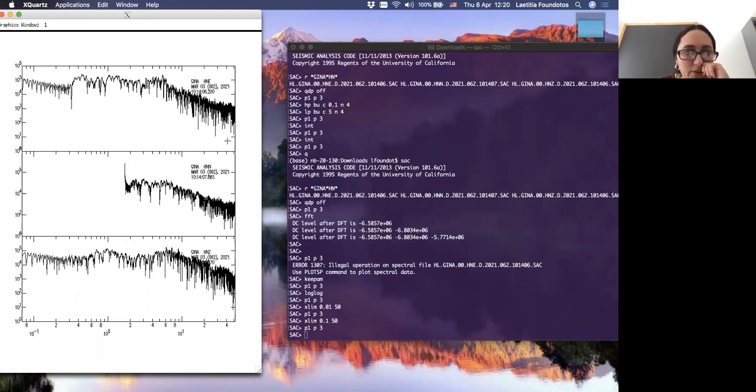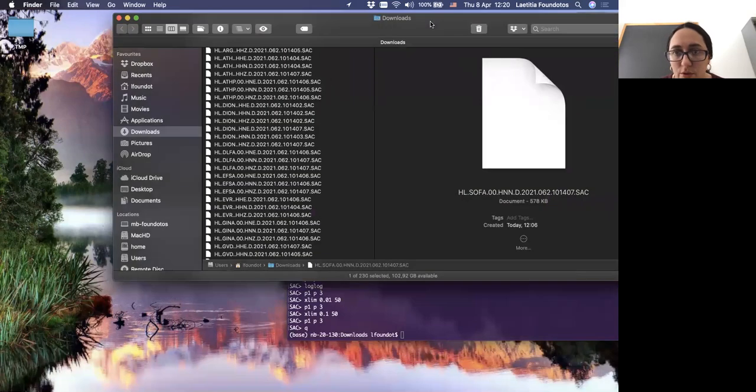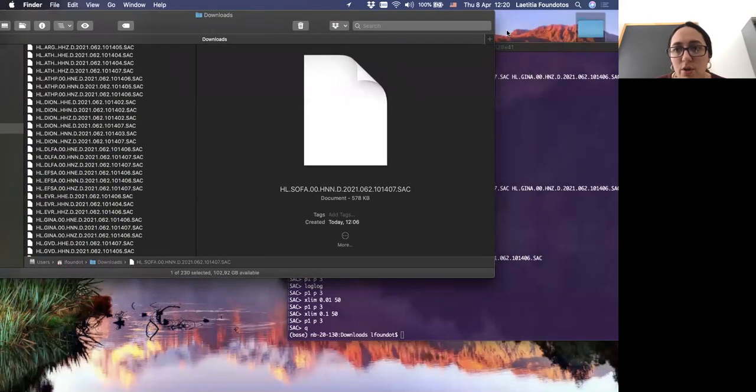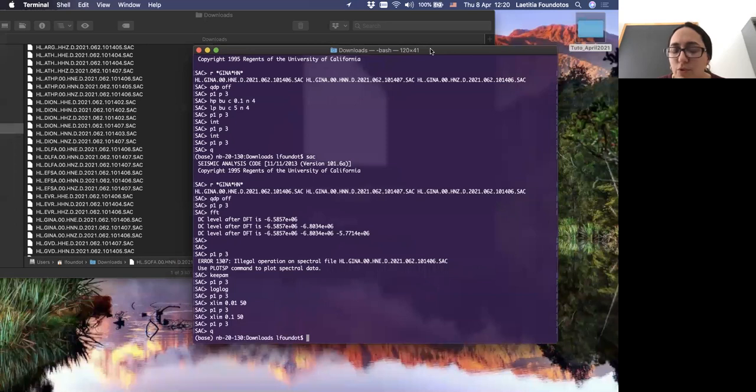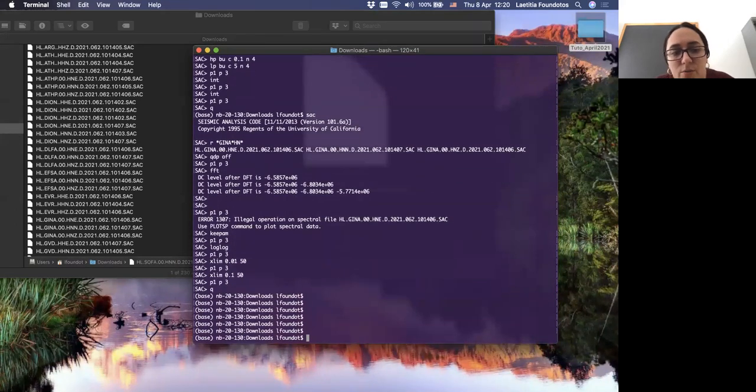So okay, here you can see your seismogram in frequency. And with SAC, you can do a lot of different, really fast operations on your seismograms. But of course, just to conclude, you can do all of that in a more modern way using MATLAB. And now most people are using Python and the ObsPy library.